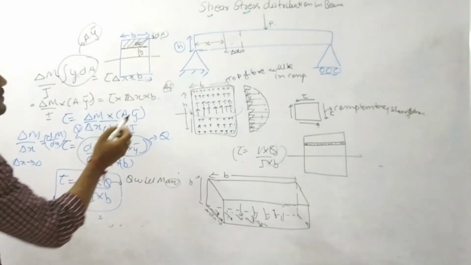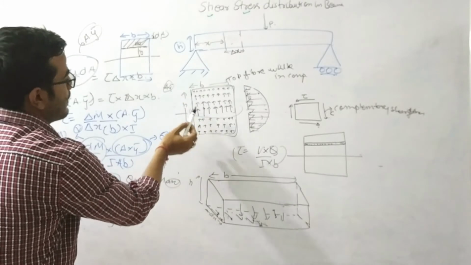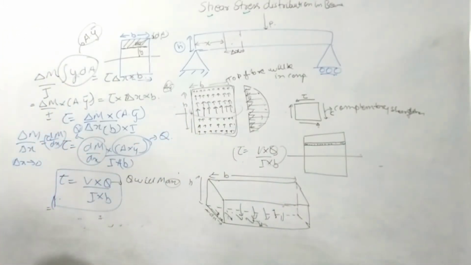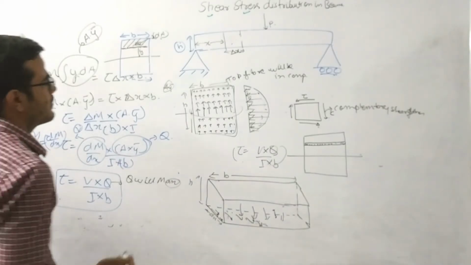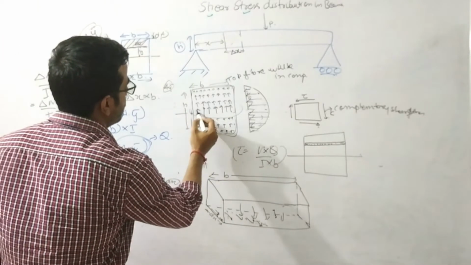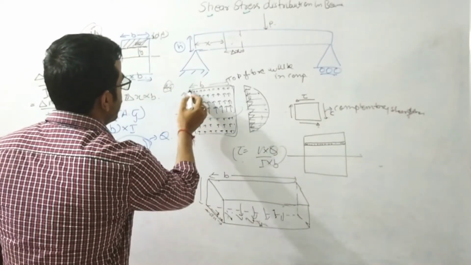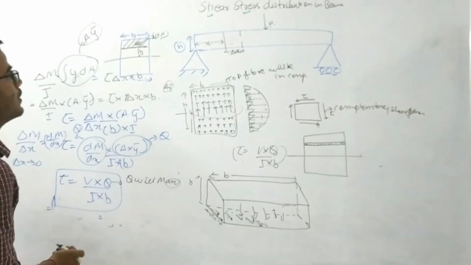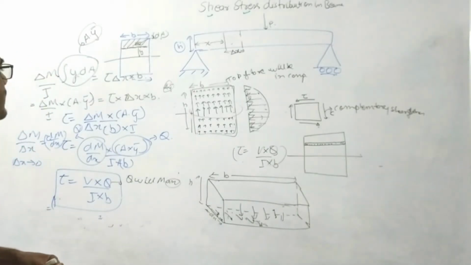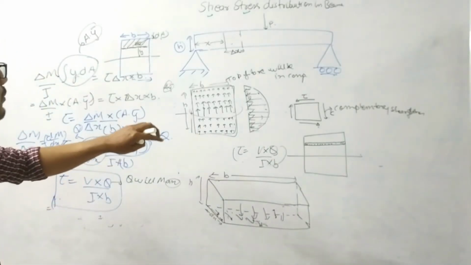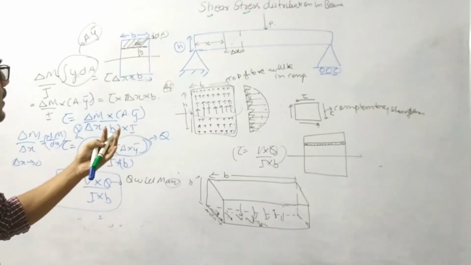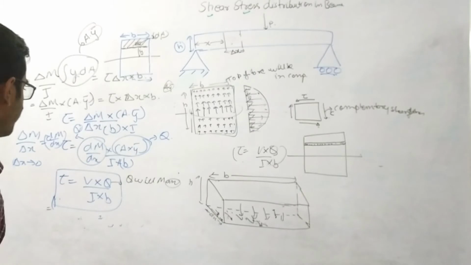In the same way, the horizontal shear stress will also be maximum at the neutral axis. This thing we have seen from here also, and you can also understand it at the horizontal section: the difference of compression force will also be maximum. So we have checked the variation of the shear force, how the shear stresses are distributed in this beam.